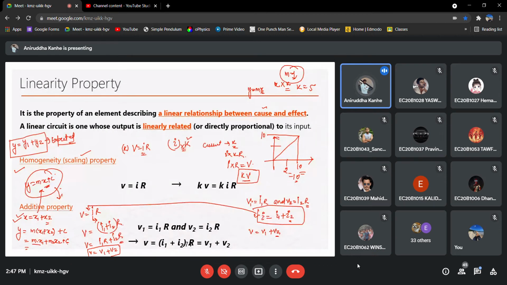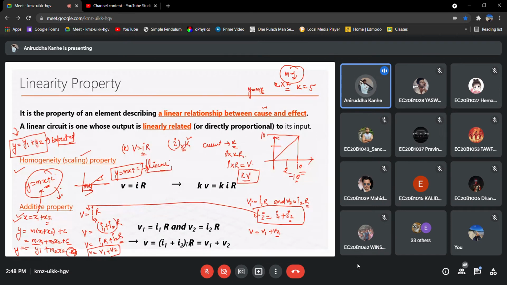So if I take it this way, you'll end up with something like y1 plus m2 x2 and nothing, so you don't have anything here. So it is not satisfying your additivity property. Is that okay? Are you following it? Why is it happening? Because of this intercept, which is here in this case on the axis. Even though your slope is fine and it looks like a straight line, it is not satisfying the linearity property. Hence, the equation y equals mx plus c does not satisfy homogeneity and additivity.